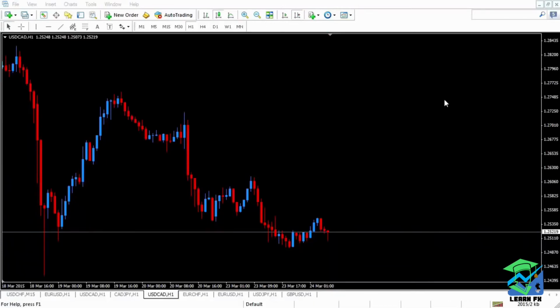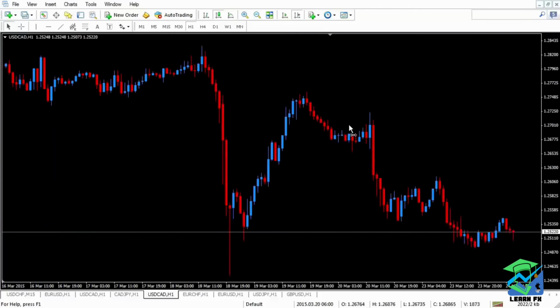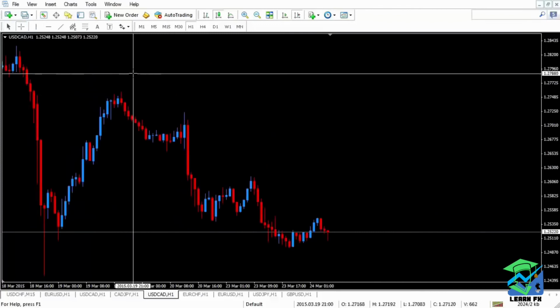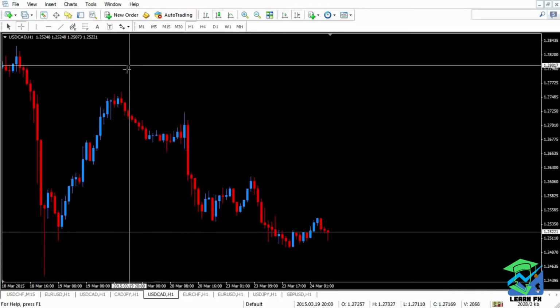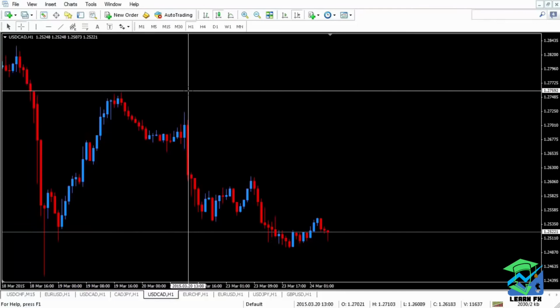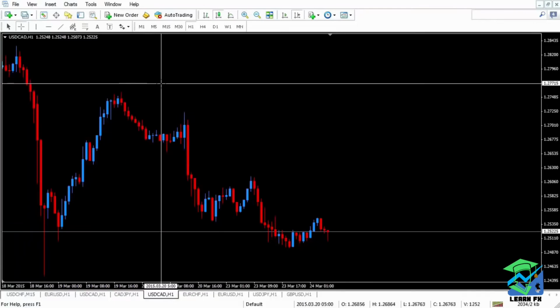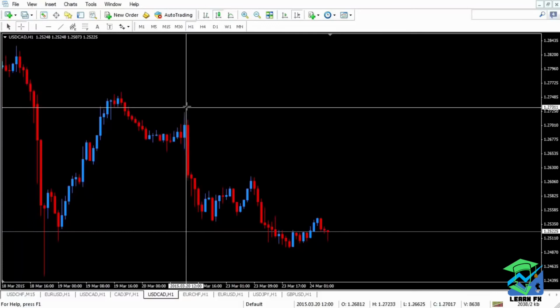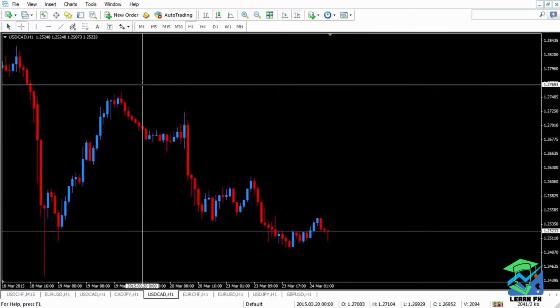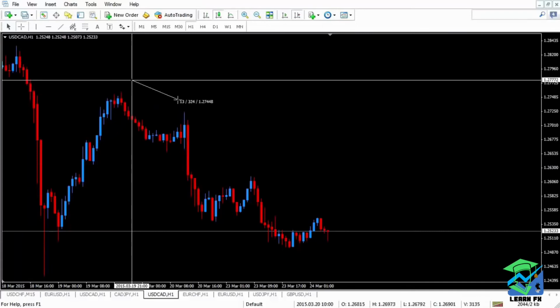The next thing I'd like to show you is the crosshair. It's right next to the cursor, so you're on the cursor, you can move back and forth. The crosshair. This is a cool tool. It is a click and drag kind of tool. What it does is it can show you three different pieces of information. Well, first of all, it shows you vertical and horizontal lines. So you can get an idea of support resistance levels. Or whatever the case is, but if you click and drag, there are sets of numbers that pop up right